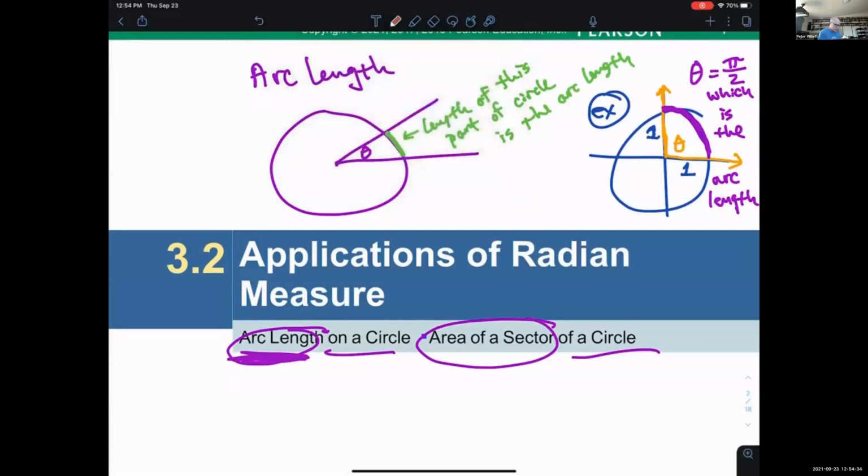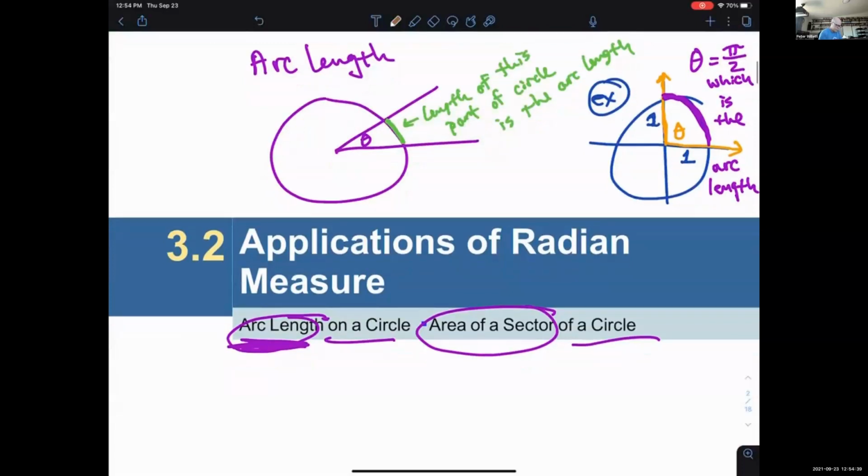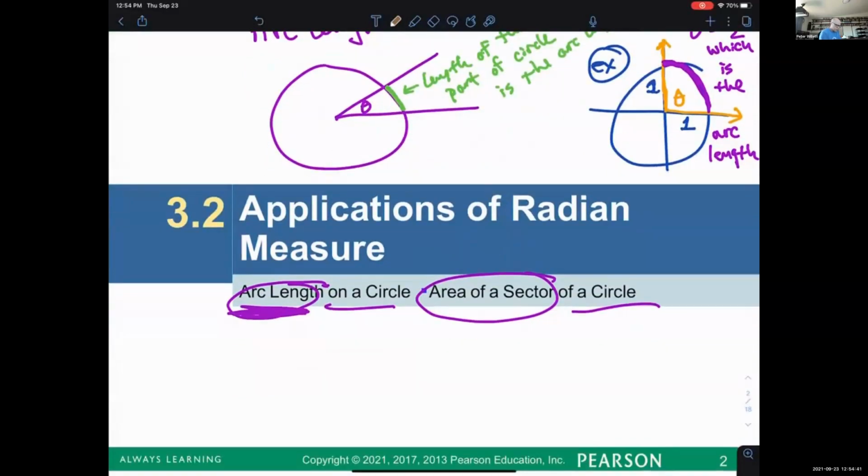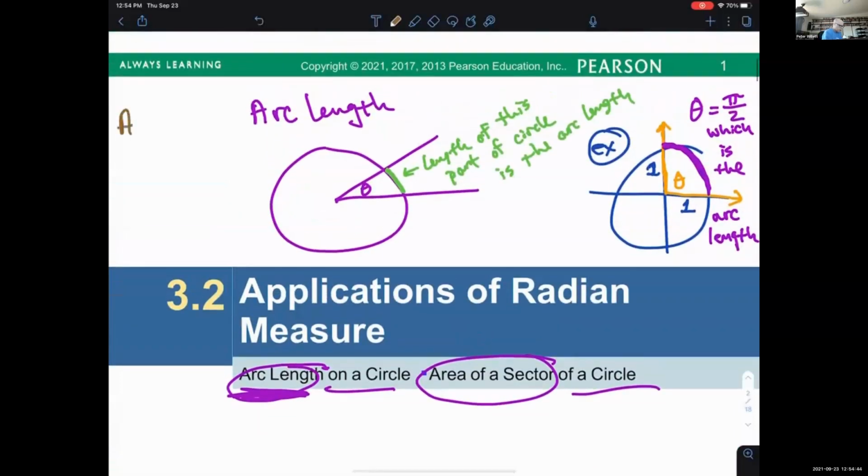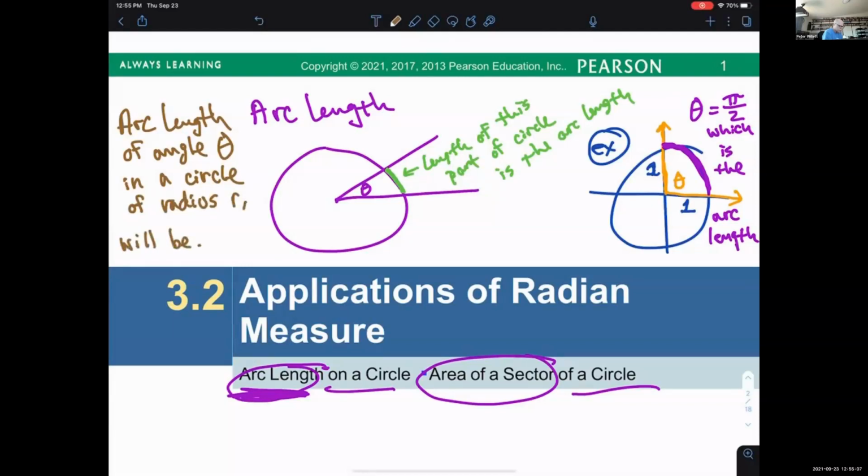So because of this, arc length of angle theta in a circle of radius r will be